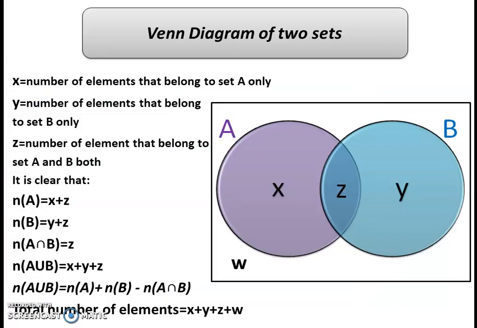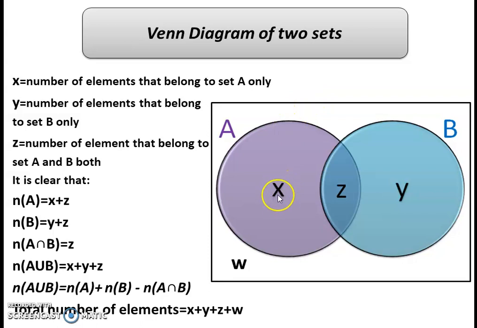So here Venn diagram is shown of two sets. Here two circles represent two sets. This circle is set A, and the second circle is set B. These two circles are inside this rectangle. So this rectangle is universal set and these two sets belong to this particular rectangle, right?